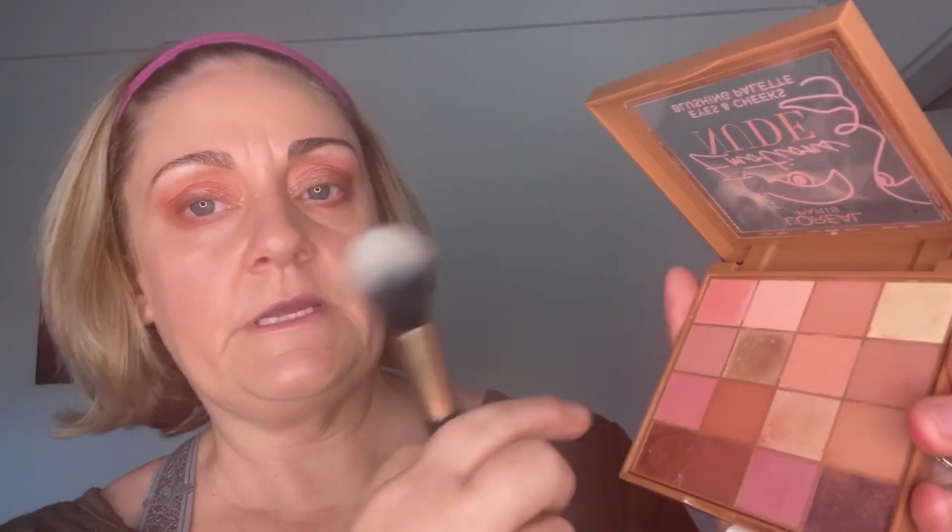Now this palette, back to the L'Oreal Nude Emotions, is an eye and cheek palette. So let's test that out, shall we? I'm going to get a fluffy-ish brush. I washed my favourite dual-ended brush. You can see it's nice and clean now. And I'm going to dip into, where will I dip? Which one will I dip into? That one maybe? I might just sort of go down here,